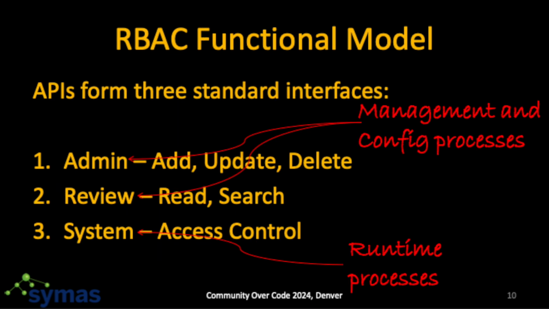Okay, so the functional specifications include a functional model. What is that? That's the APIs. That's the shape of the APIs. It actually defines the APIs. And so you have three categories. You've got admin, that's administrative. How do you provision the policy? How do you add a role? How do you delete a role? How do you add a user? How do you assign a role? How do you grant permission? All that stuff.